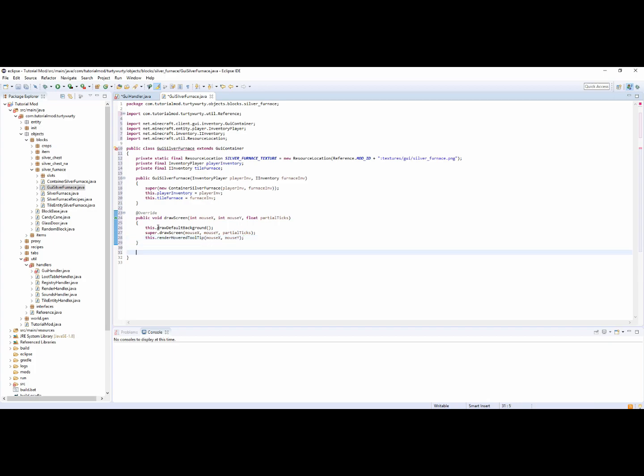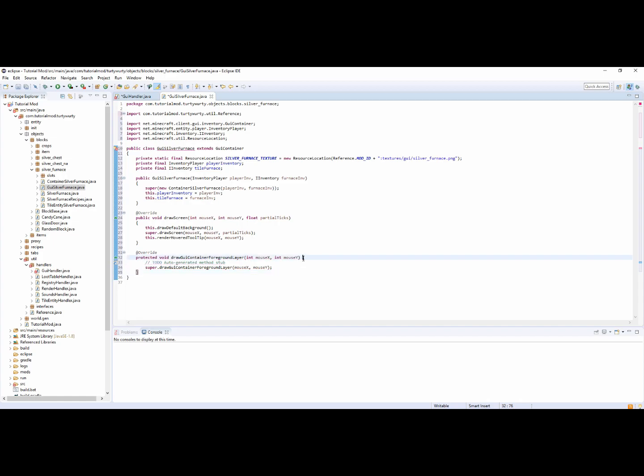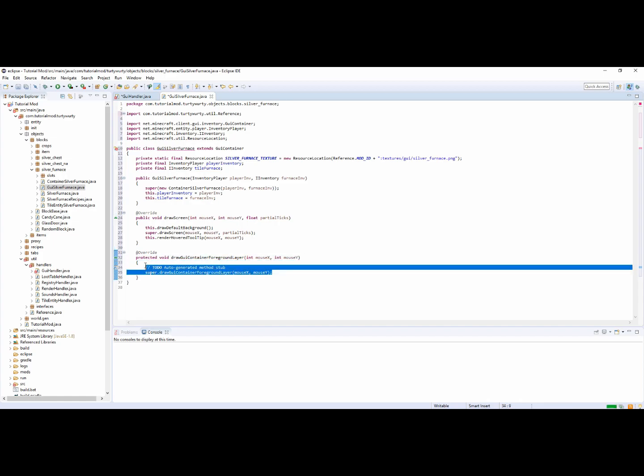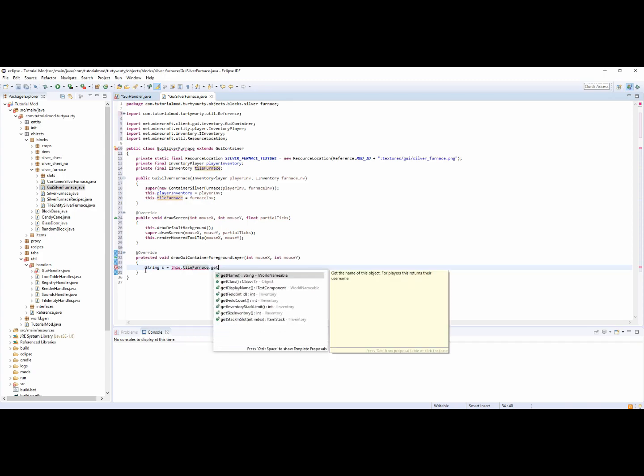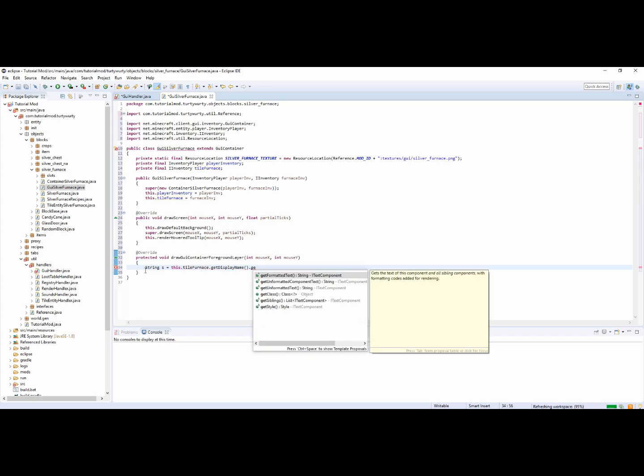And then we need to draw the foreground and background layer. So if I do drawGuiContainerForegroundLayer, we'll do that first. And in here, what you want to do is String s equals this.tileFurnace.getDisplayName().getUnformattedText(),